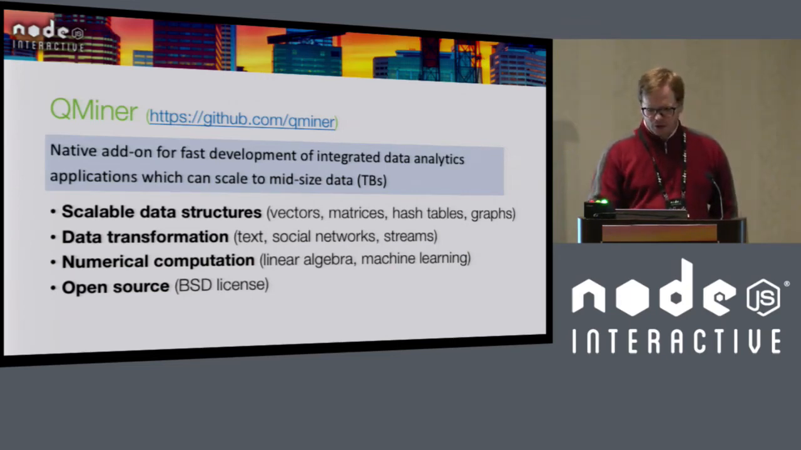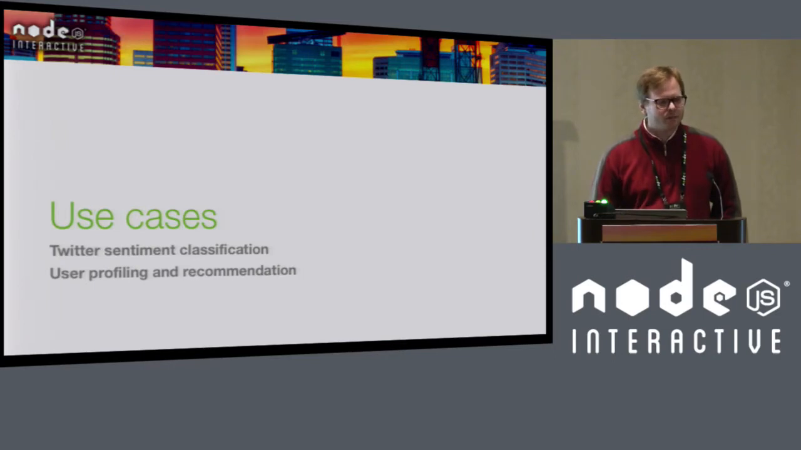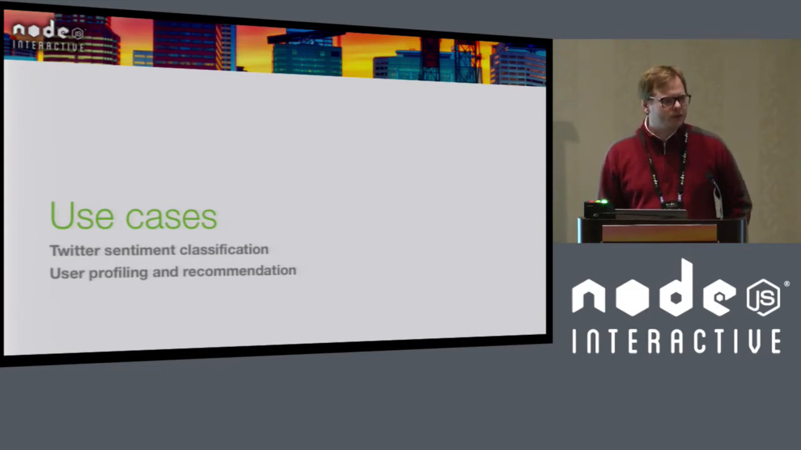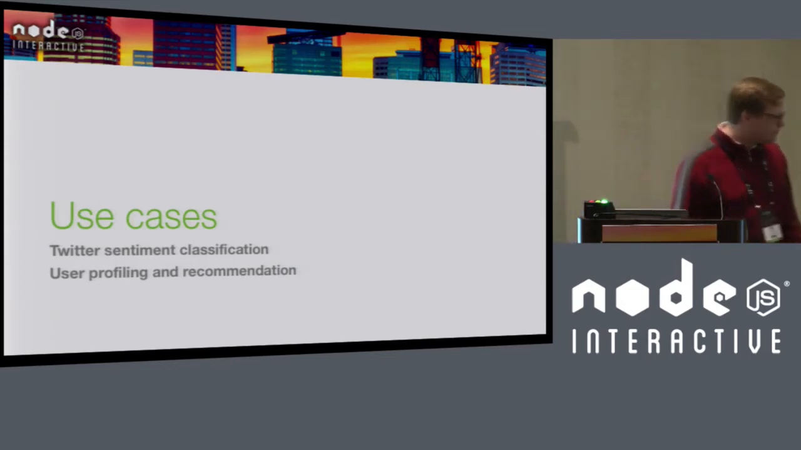So the way we'll show this is through 2 use cases. So one use case is Twitter sentiment classification. So starting from tweets, training a classifier to predict sentiment on tweets, and the other one is user profiling and recommendation. So the first one will be done by